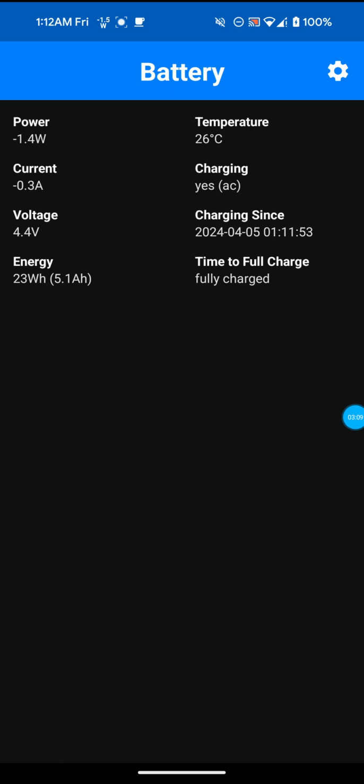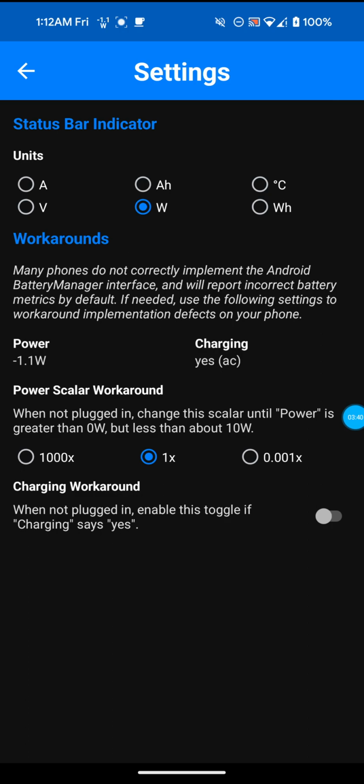But there are some other settings and features you can see in here. Power, watts. Temperature, 26 degrees C. Current, 0.3 amps. Charging, yes. Voltage, 4.4 volts. Charging since, and then it gives you the date. Energy, 23 Wh, 5.1 Ah. Time to full charge, fully charged. And then you can go into settings here, and it says status bar indicator,